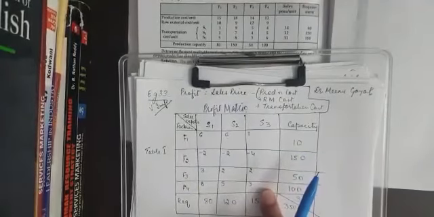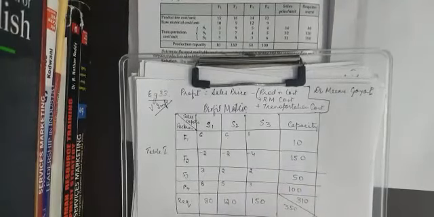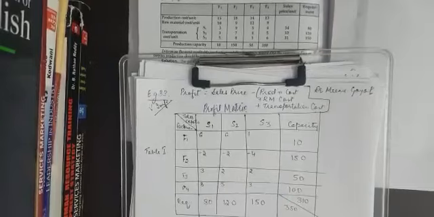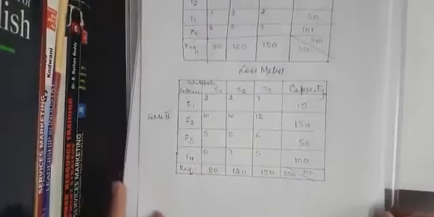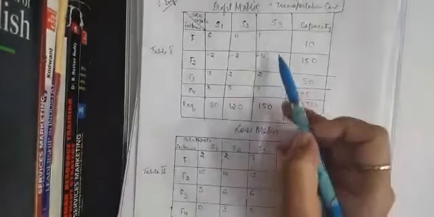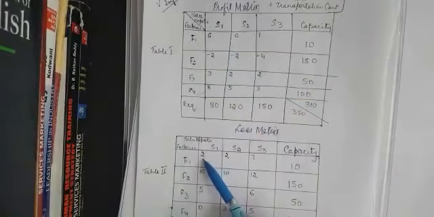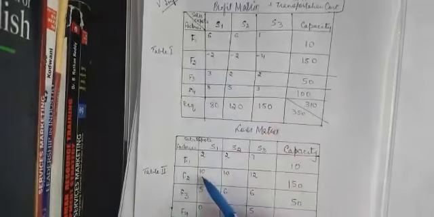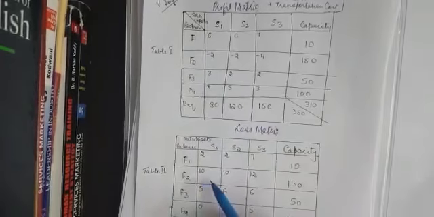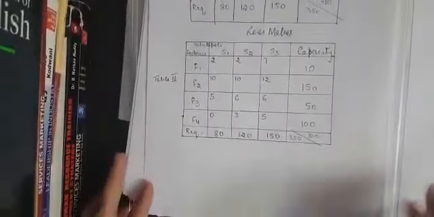Now, a transportation problem can be applied only on a minimization problem. So we require a loss matrix, that is, subtracting all the elements from the highest element of the profit matrix. Just see, the highest element in the profit matrix is 8. 8 minus 6 is going to be 2. 8 minus minus 2 is going to be 10. The point over here is you don't have to ignore the minus sign where it is 8 minus minus 2. So this is the loss matrix which I have derived.